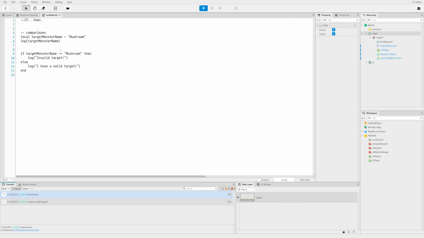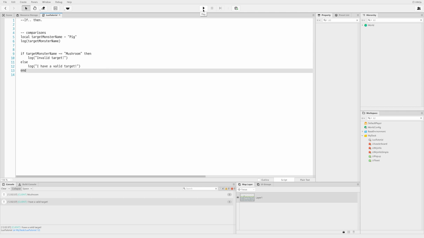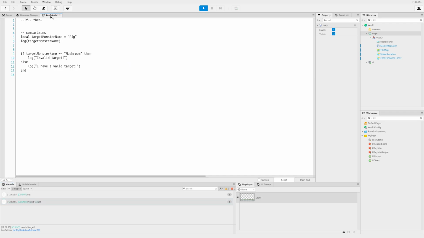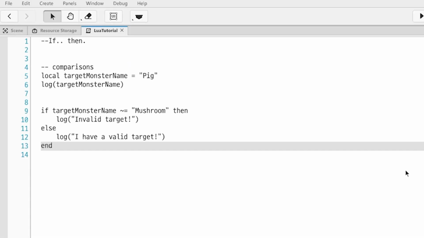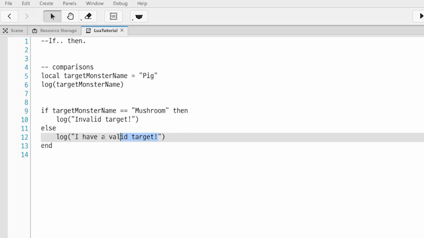Here, because our monster name is mushroom, we're saying I have a valid target. But if it was anything else, like a pig, now we are saying that this is an invalid target because we cannot attack a pig yet. So later down the road, our character levels up, and now we are allowing you to attack both mushrooms and pigs. So let's, for the sake of simplicity, flip this back into the other format,